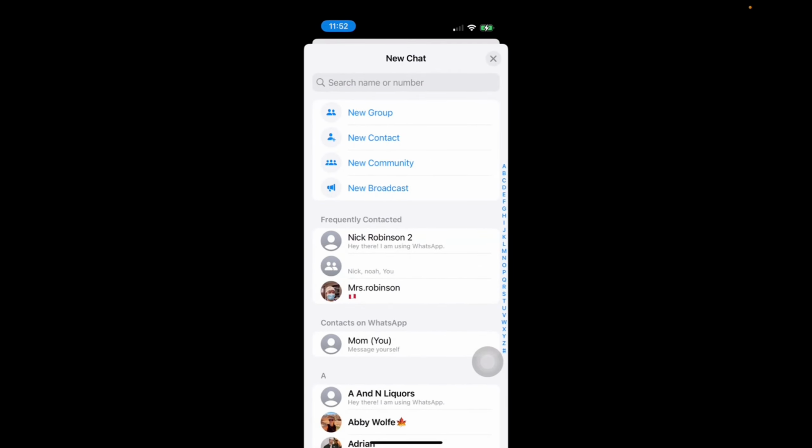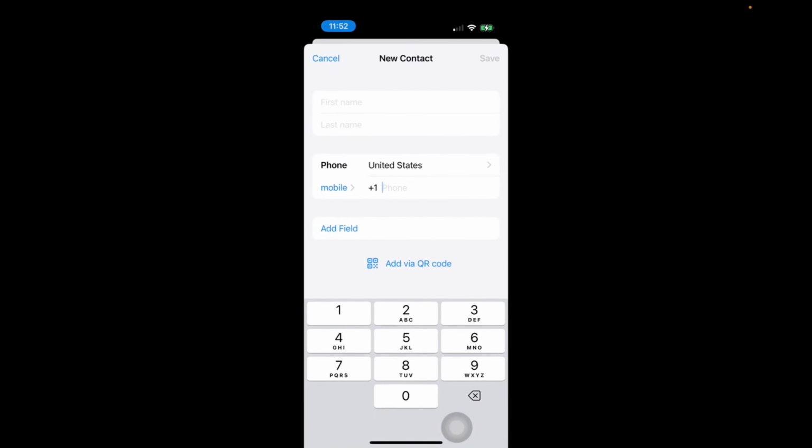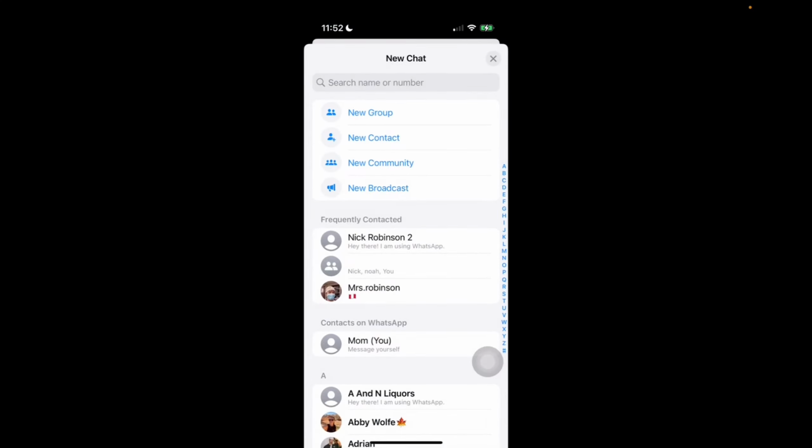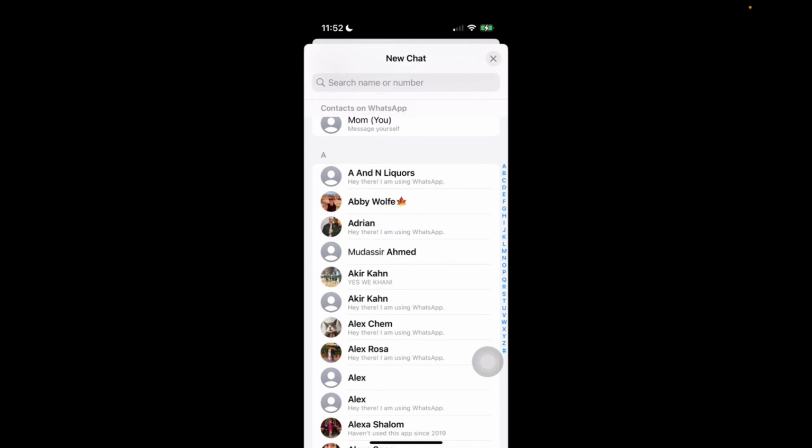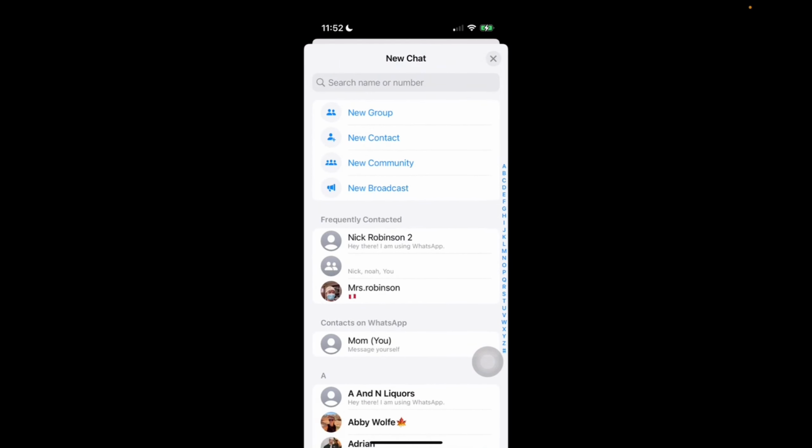And now we're going to click on New Contact. Now type in their first and last name and their phone number and make sure you choose the country that they're in. And then on the top right corner, you'll click Save. Now, when you click Save, you'll be able to find them here and you can type in their name and